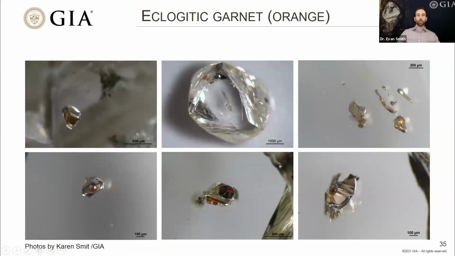Here are some examples of garnet again, but this is a different kind of garnet. It's not that vibrant purple color anymore. These garnets are more reddish to orange. These are examples of eclogitic garnet. And the composition is a little bit different, and that's why they don't have quite the same color. And when you see orange inclusions like these, the most logical guess is that these are garnets from an eclogitic host rock.